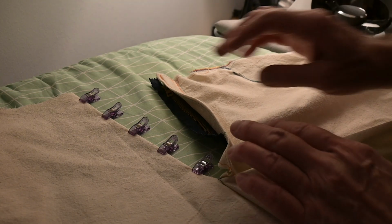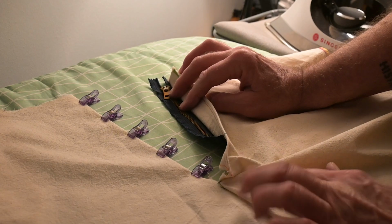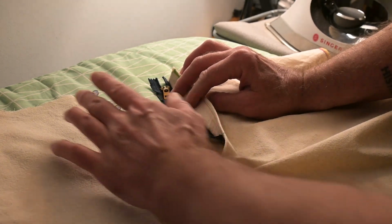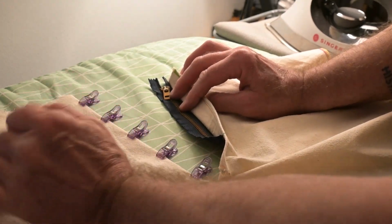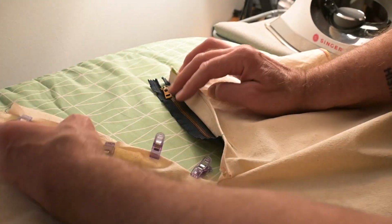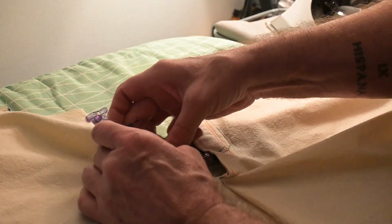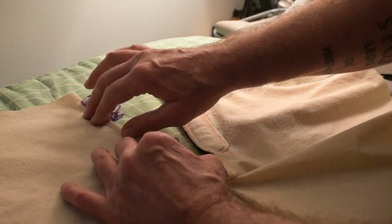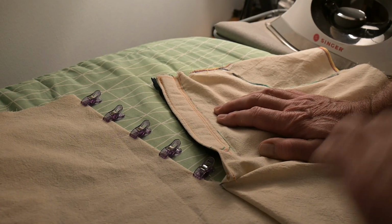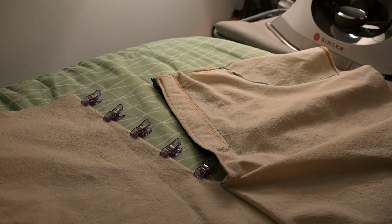Hello friends, so here I am, and I've already stitched the 2 legs together with this little bit of stitching down here that I'd shown you earlier. And now what I've done is I've clipped this side of the front right pant, and I've made about a 3/8 of an inch fold. And what I'm going to do now is iron this fold to get it to flatten and stay so that I can take it to the sewing machine, and then I'm going to edge stitch right along